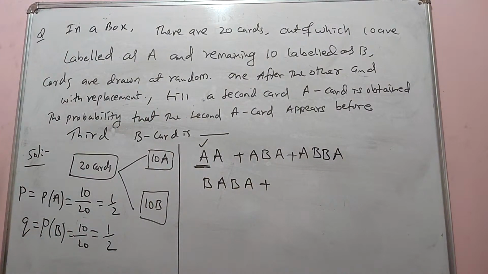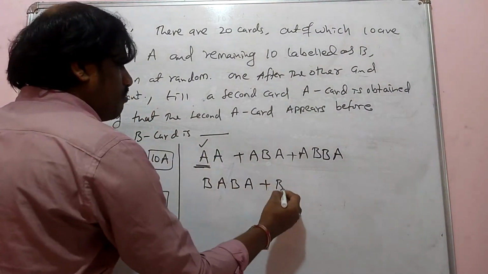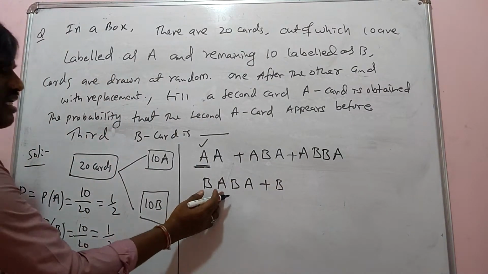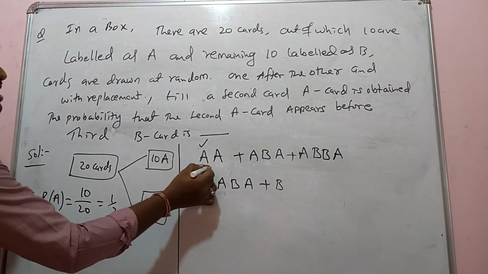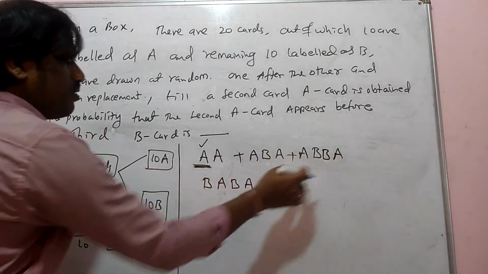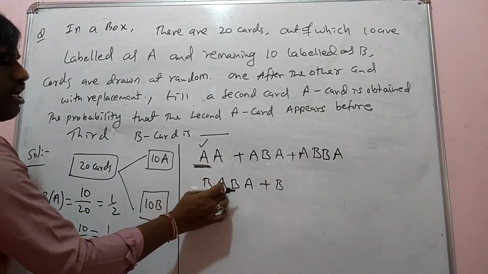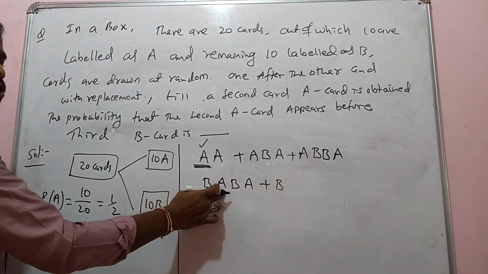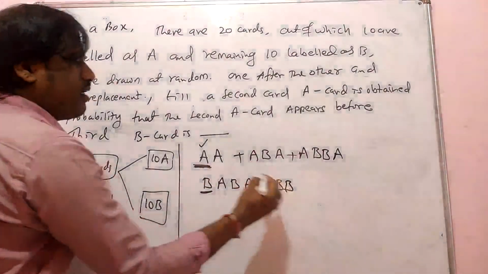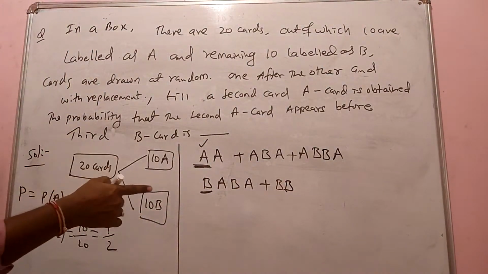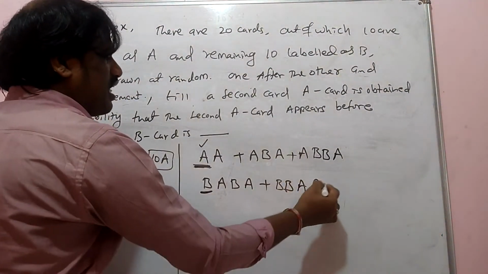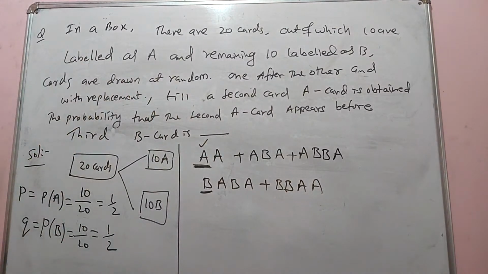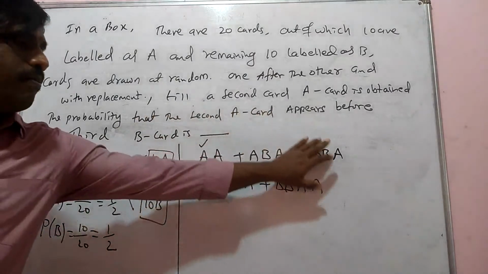Another way: I took from the bag, I got B. But here A already came, so I cannot take A again here. I started with A, so I wrote the A combinations. Now I started with B, so I am writing the B combinations. B A I got, so next time I get B B. Then if I got B B, next time I should get A only, because I can do only 4 times, not more than that. So these are all the possibilities here.